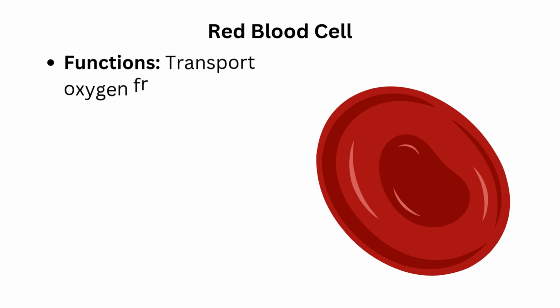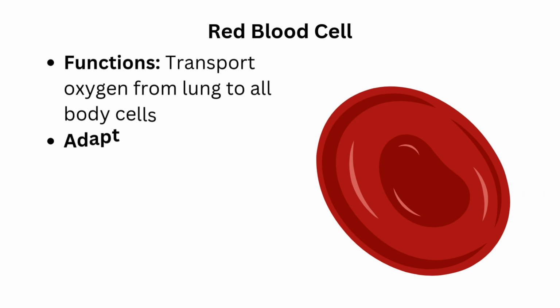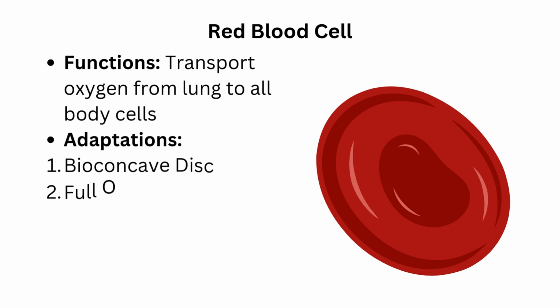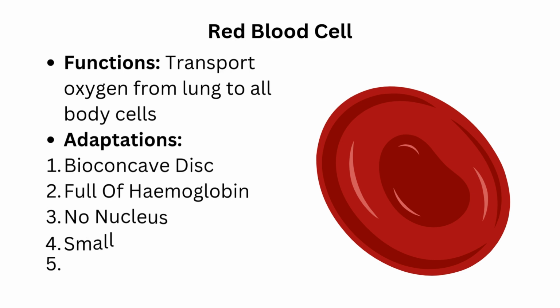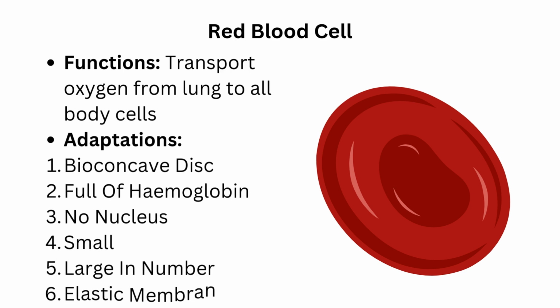The red blood cell, for example, transports oxygen from lung to all body cells. So it has a biconcave disc to increase surface area to absorb more oxygen, full of hemoglobin to combine with oxygen giving oxyhemoglobin, no nucleus, so more space, and this makes the cell unable to divide and has a short lifetime, 120 days, and small and large in number to live in the blood